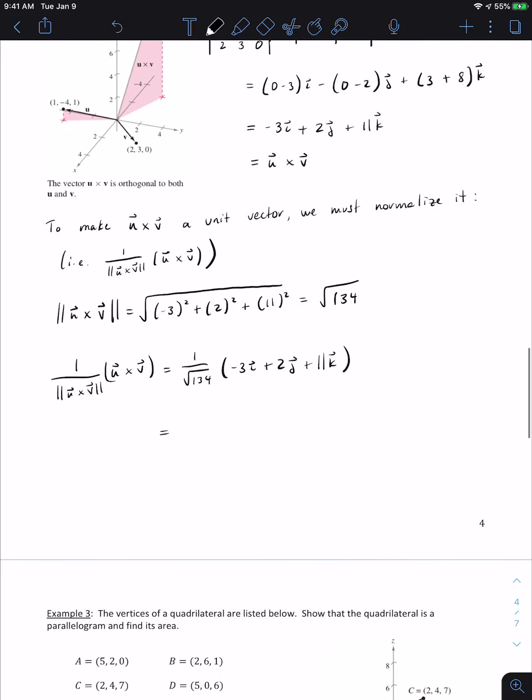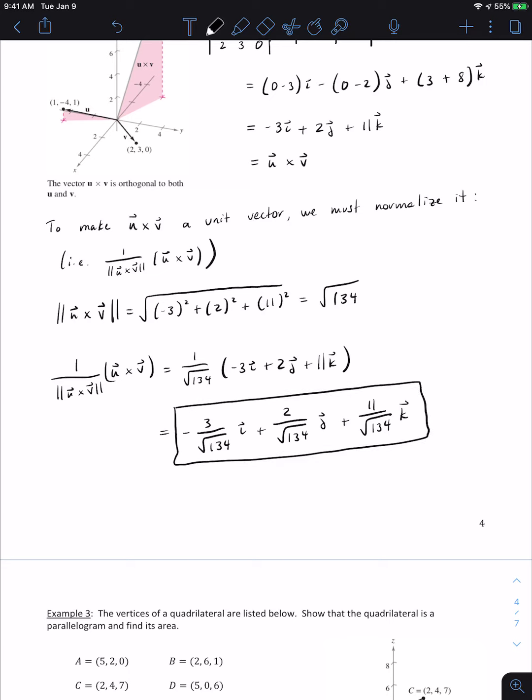And so remember, we just multiply our scalar through. So I get -3 over the square root of 134 times i, plus 2 over the square root of 134 j, plus 11 over the square root of 134 k. And again, like most of our unit vectors, it's pretty ugly, but it does have length 1,